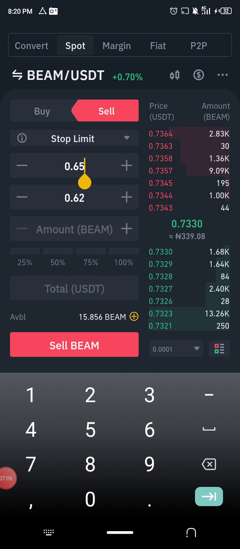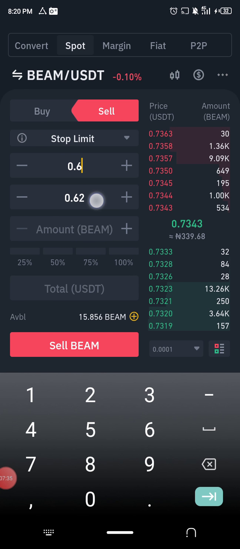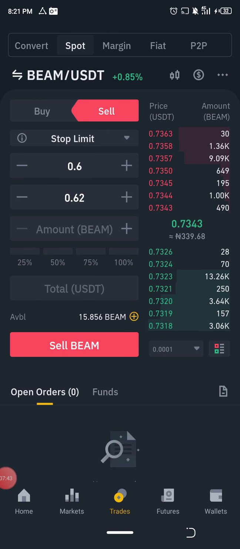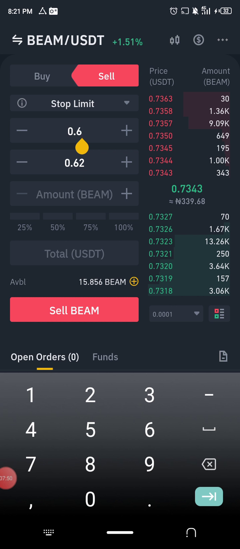The reason why this amount over here is higher than this is to prevent slippage. If you set it equal here, the market can go down and skip this order because it failed to fill. So you want to keep a little gap between these two orders. The limit price must be lower than your stop price when you are selling. Have that at the back of your mind. So this has to be a little bit higher than this,